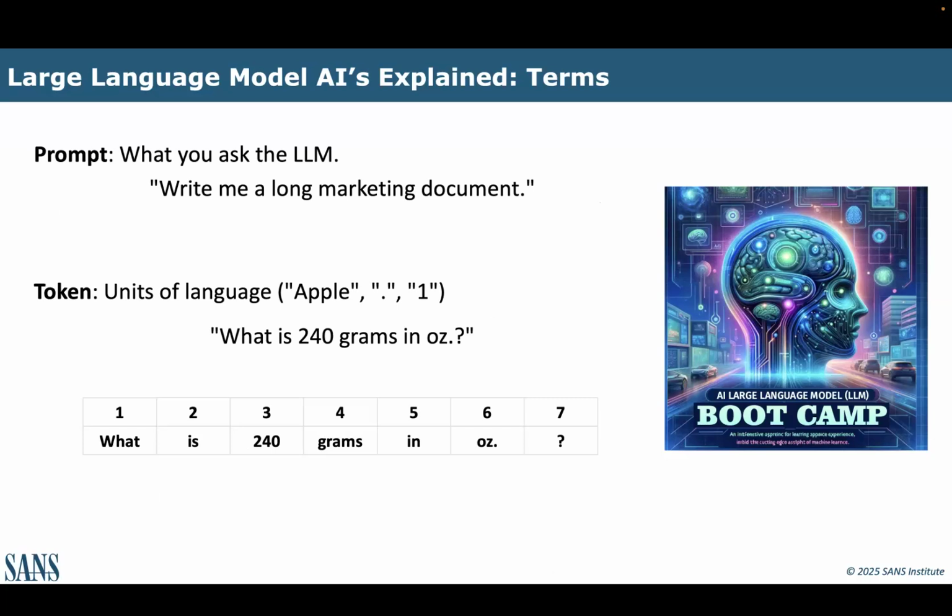It needs to think in terms of tokens, because that's how everything that it does works. Essentially, a way to think about that is every time you take a sentence or a paragraph, it breaks it into tokens that are roughly a word, a punctuation mark, a space, a number, something like that. Okay, so we have prompts, tokens, and temperature, which I'm going to cover in a second. I'm just going to ignore that for a minute.